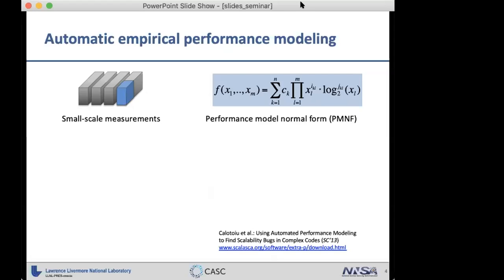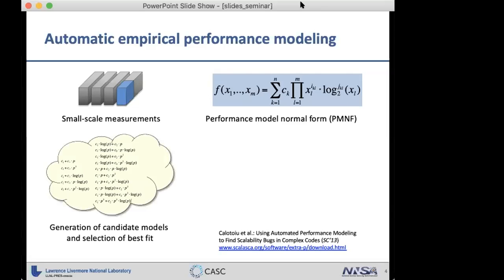Basically, it is combinations of polynomial and logarithmic terms, and from this group of potential functions and some specific parameters,